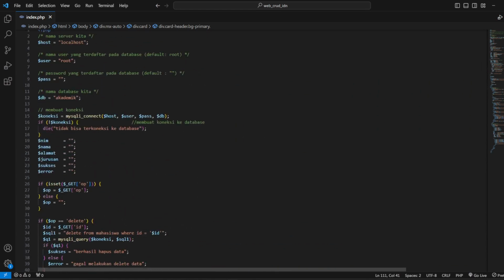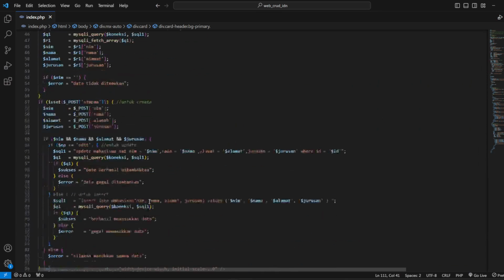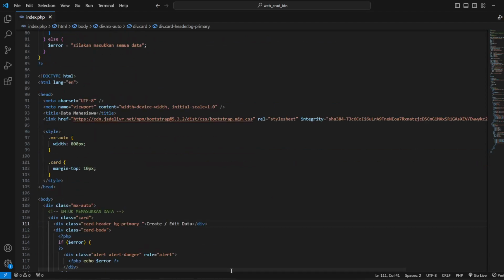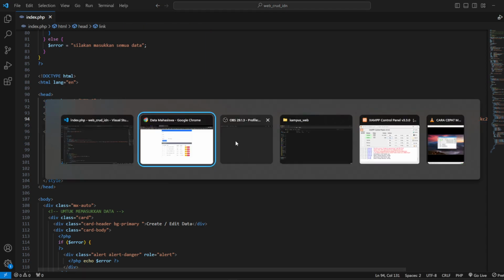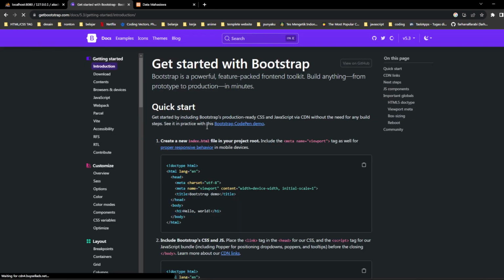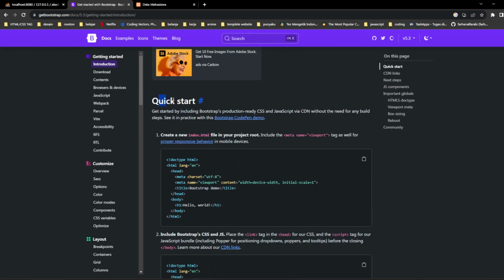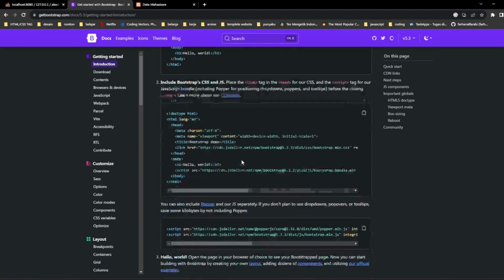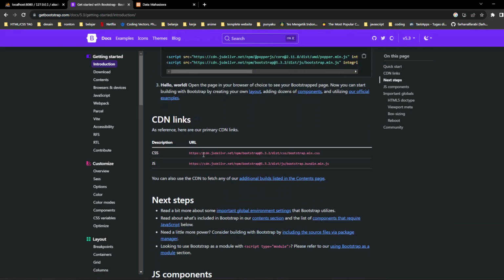Okay, but after that you must copy the code from the Bootstrap list like this. This is the link from Bootstrap. The way is you can go to Bootstrap docs, the documentation, and you can read. This is the quick start, so you can copy.